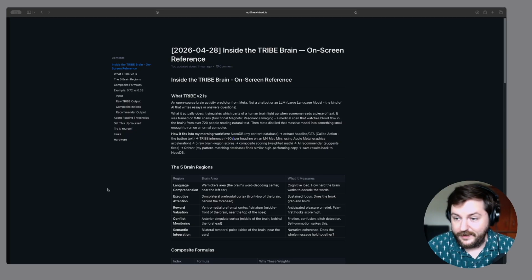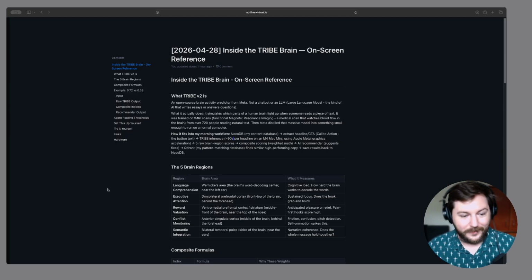That then go into the composites, engagement, clarity, and conversion, which then we can run through an LLM. Sorry, minced my words a little bit there, but you get the idea. You could run it through Llama 3.2, 3B to get that recommender output. You could run it through Claude if you so choose. At this point, it's being intercepted by a model of your choice to help produce a specific recommender output.